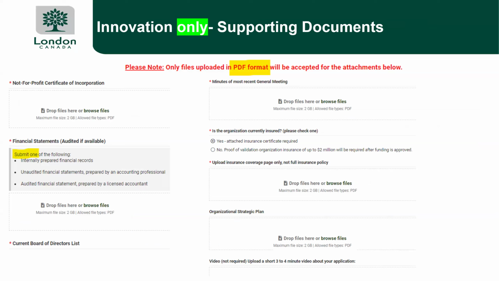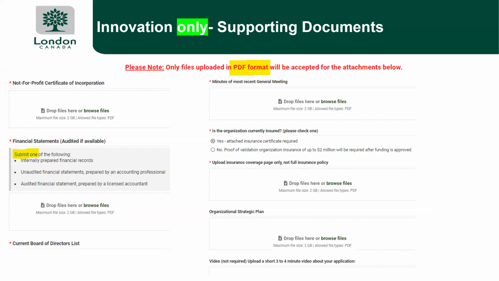So for innovation, these slides are very similar, but for innovation, these are the supporting documents that need to be uploaded. So you will upload your not-for-profit certificate, and one of the 3 examples of financial statements. If you're a not-for-profit that's been around, you will likely have audited financial statements.